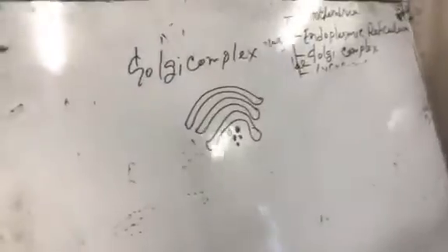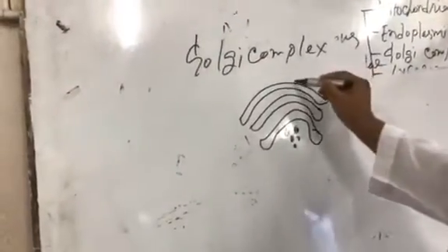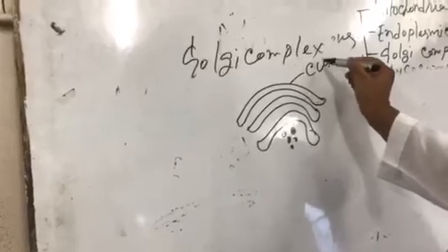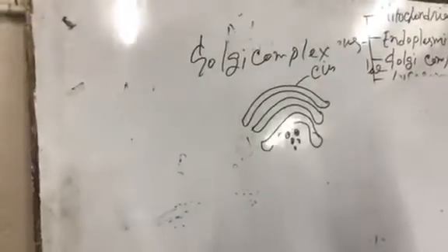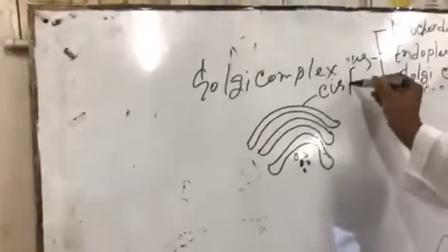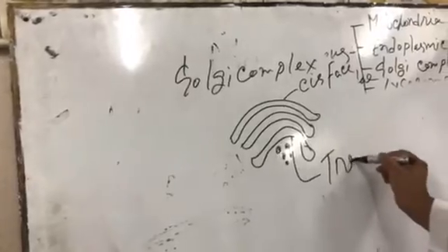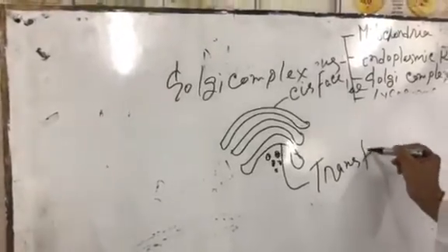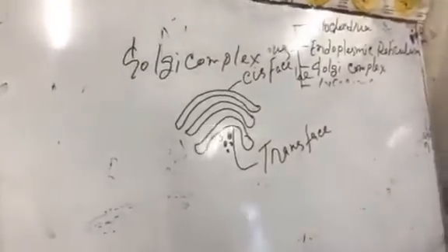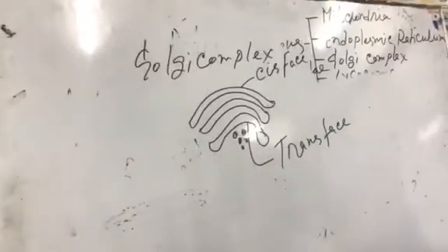Golgi complex structure is like this. It has a cis phase and a trans phase. The main function of Golgi apparatus is